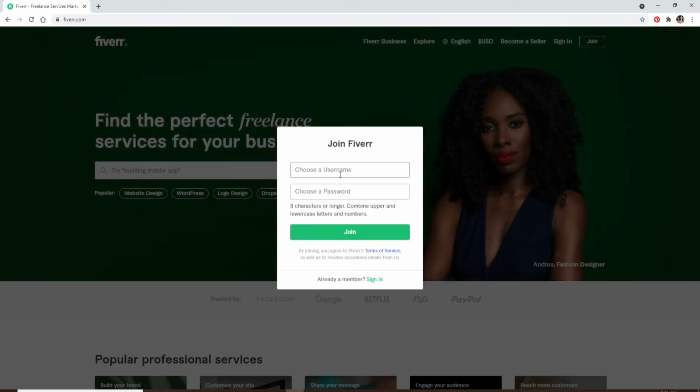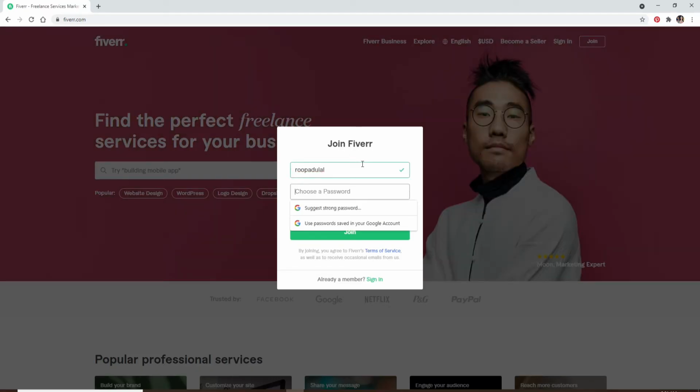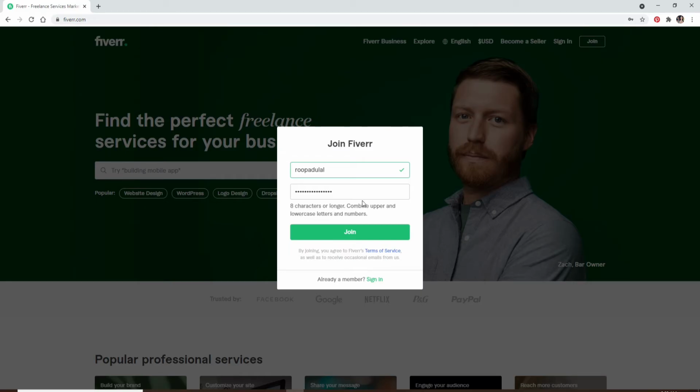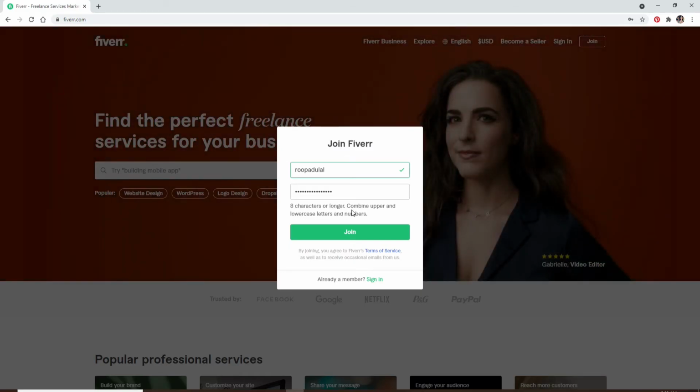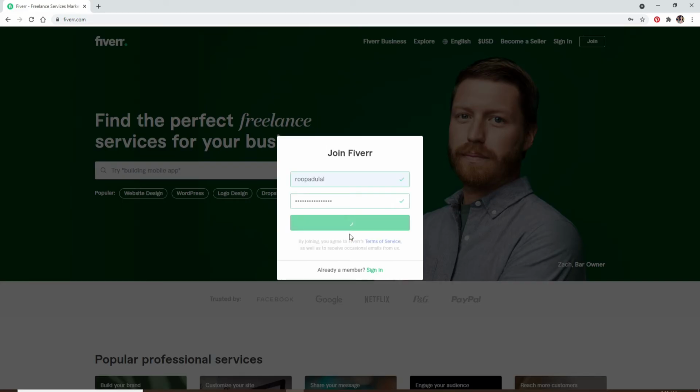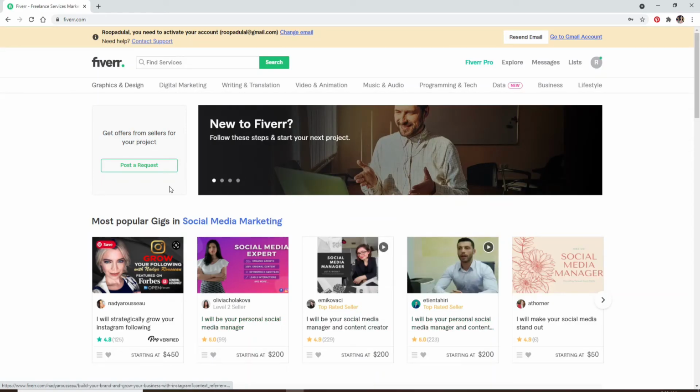Now, choose a username for your account. Type in a username that you'd like to use and move on to the next field and type in a password for your account. Make sure to type in a strong password that you can remember easily. Make sure to use 8 characters or longer for your password, and you'll need to combine upper and lowercase letters and numbers in your password. Once you type in a password meeting the criteria, click on Join and you'll be able to create a Fiverr